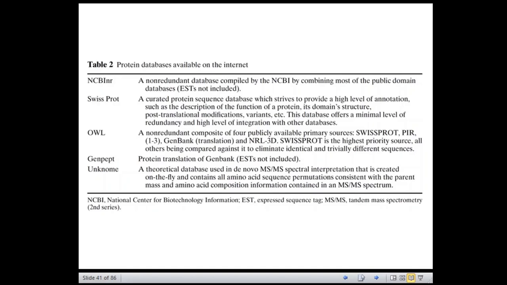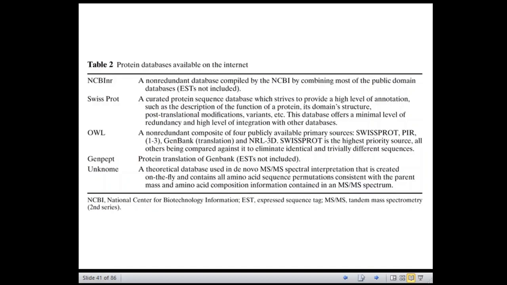is facilitated by three important parameters. Number one, the accurate mass by charge values of the fragments, more specifically the digest fragments. Number two, the specificity of the enzyme used. And number three, the accurate mass by charge of the intact protein. So these three parameters facilitate the protein identification using the databases that are available on the internet.